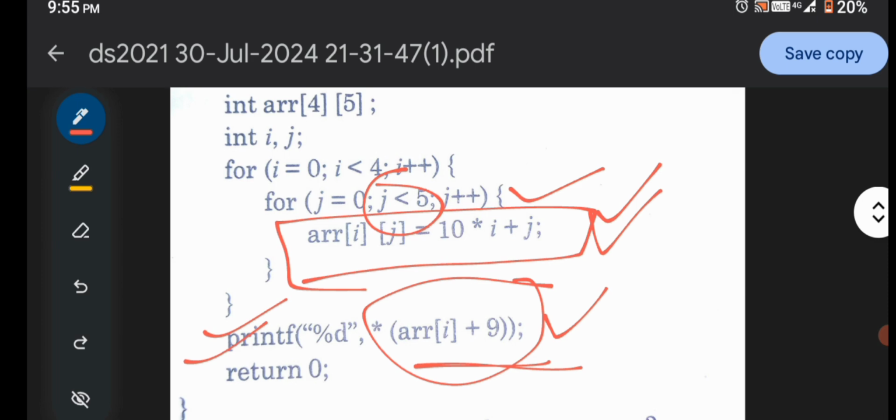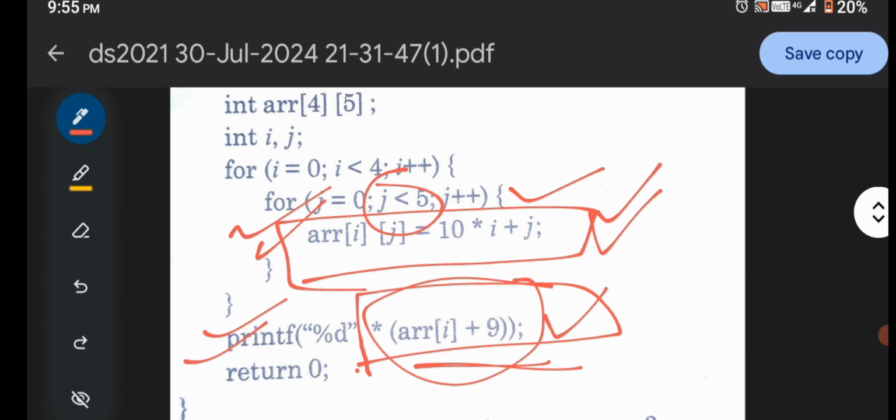So we need to print the pointer array i plus 9, and the matrix will be made as 10 multiplied by i plus j.